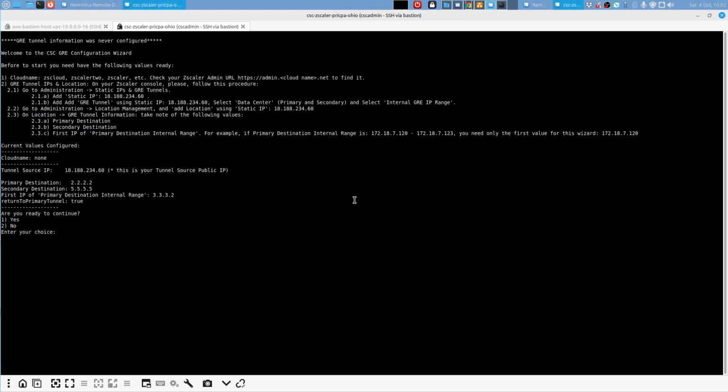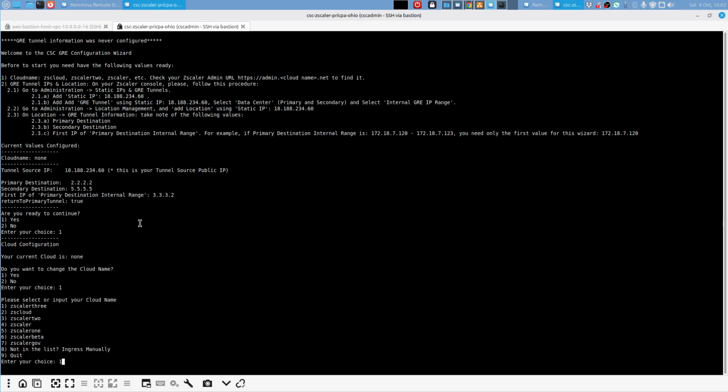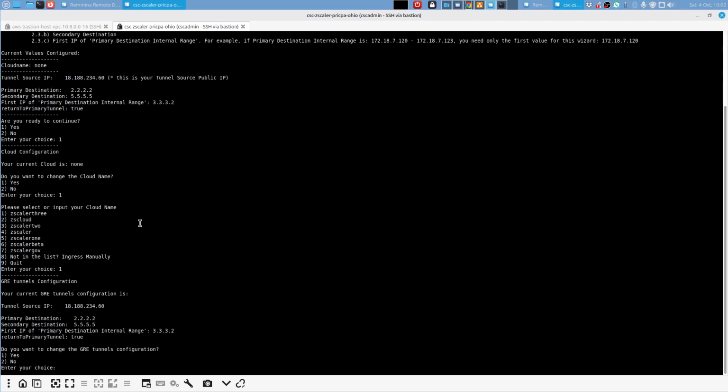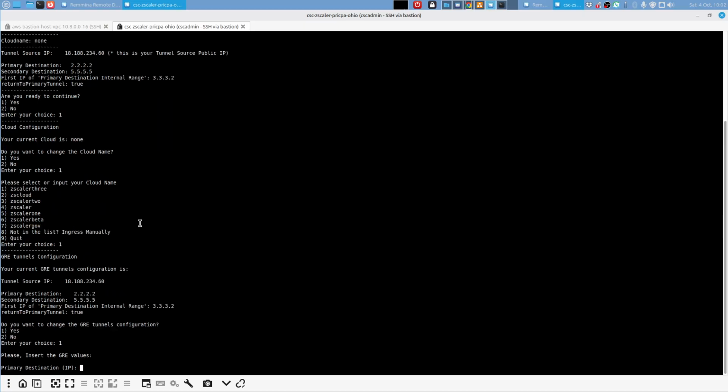Okay, I received this wizard. The GRE information was never configured, and you need to select cloud and static IP. Well, we did these steps from this IP. Then we are ready to configure. Do you want to continue? One, yes. Your current cloud is Zscaler 3. Do you want to change the values of GRE? Yes. Primary destination